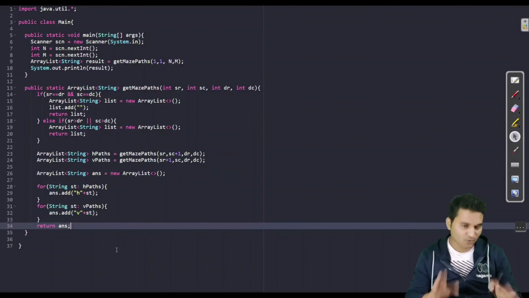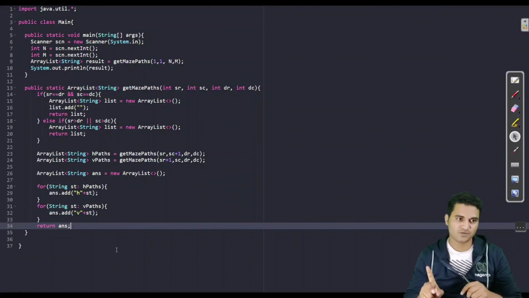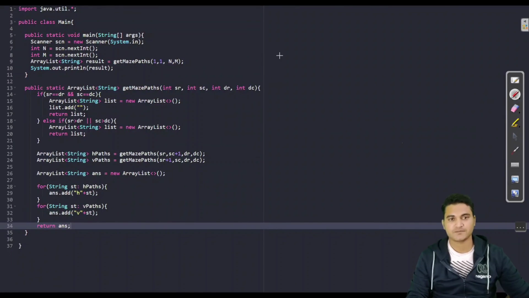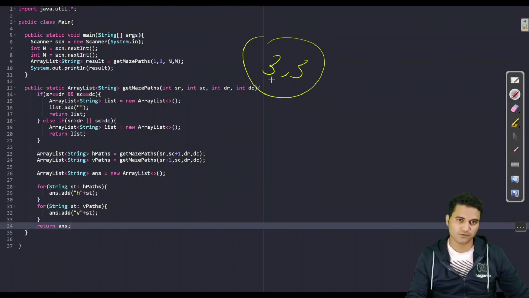Okay, so I'm not going to explain. What I want is for you to dry run this code on your own. This is mandatory actually, because it's a bit difficult, but I don't want to make the video longer. So what I want from your side is that you should do one dry run of 3, 3. Fine, you would have a better understanding if you can dry run this code for 3, 3.